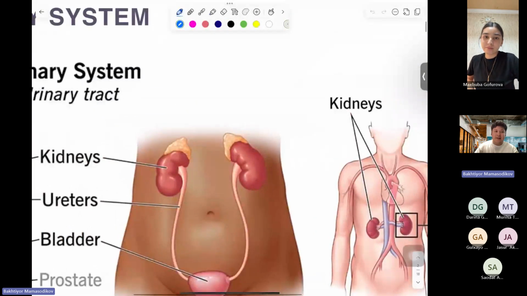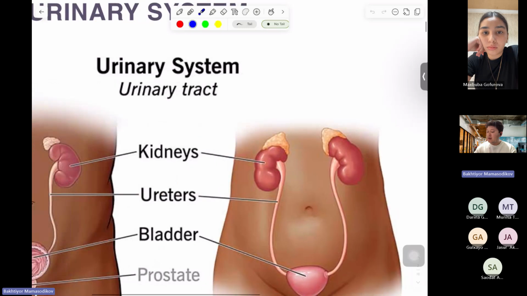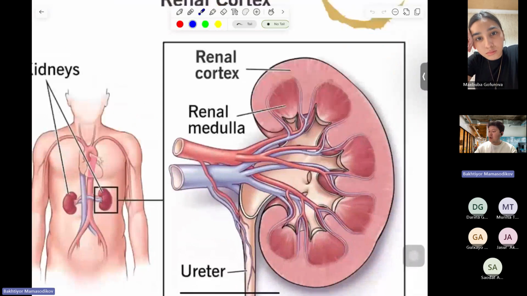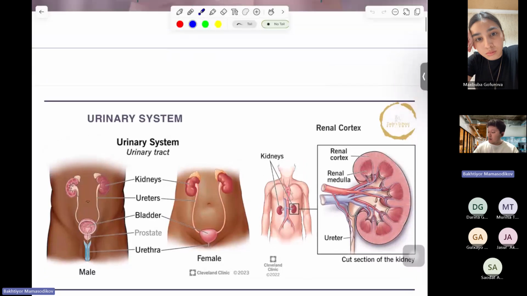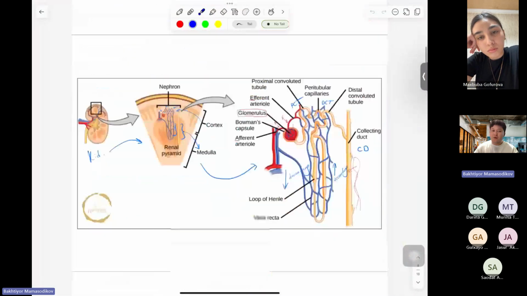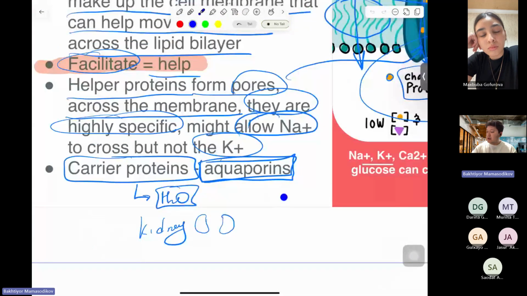These are the kidneys. As you can see here, the kidneys are located in 2 points. They're located at the back part of your body, not inside the stomach. As you can see here, this is the male kidney. This is the female kidney. So these kidneys are going to filter the urine. We will have this lecture after a couple of days, so you will know about it very soon. This is the structure of the kidney inside. So they're going to remove the urine outside. So aquaporins are a lot in the kidneys.